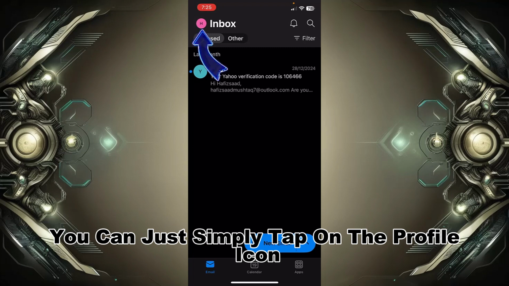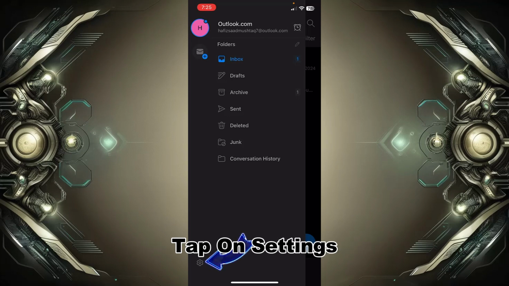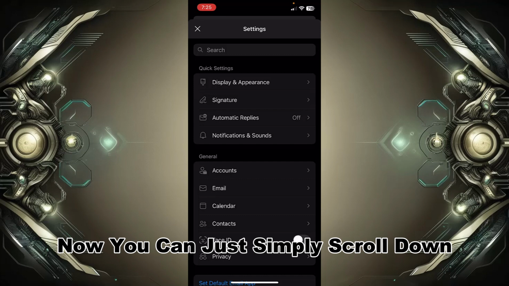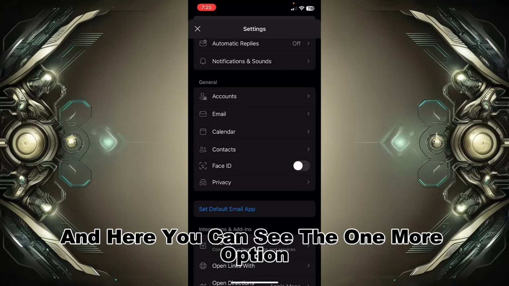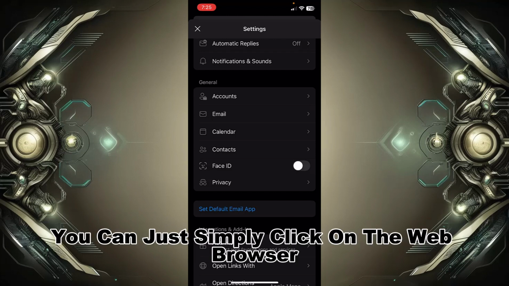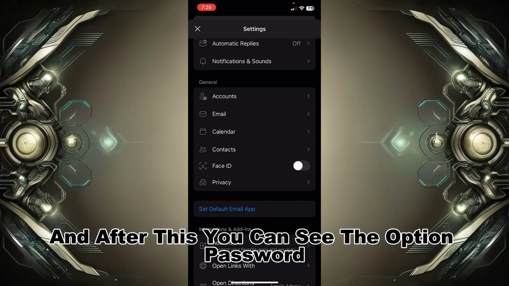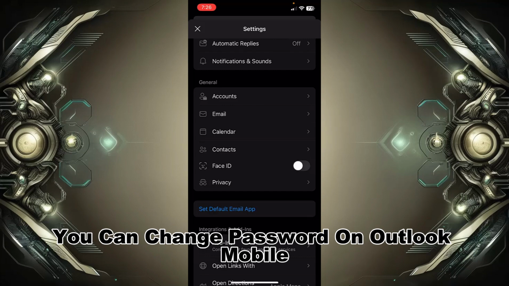the profile icon at the top left corner of the screen, and here you can now tap on settings at the bottom left corner of the screen. Now you can simply scroll down, tap on accounts, and here you can see one more option, that is privacy and security in your web browser. After this you can simply click on the web browser, and after this you can see the option password. You can simply tap on password,